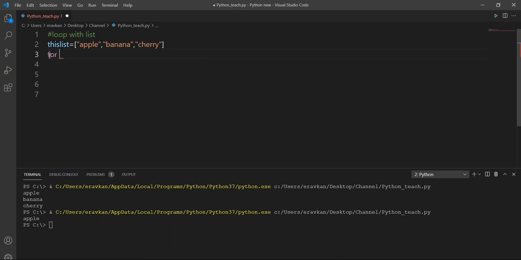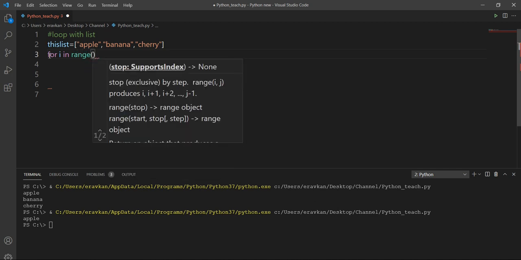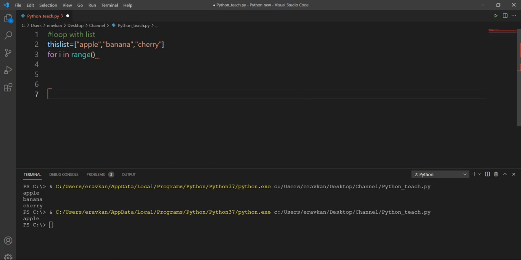So for i in range. The range function generates the sequence of integers from the start and stop value, but it doesn't include the end value in the sequence. I have already explained this. So in range, I will take the length of this list. It will give you the length of this list. In our case, the length is 3.